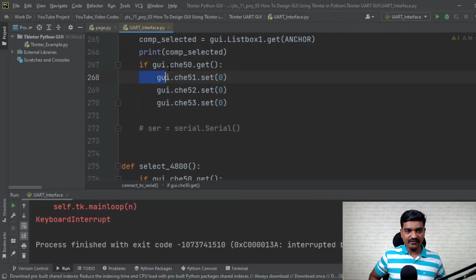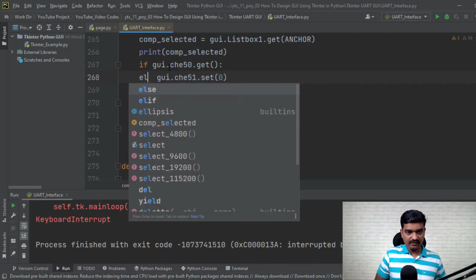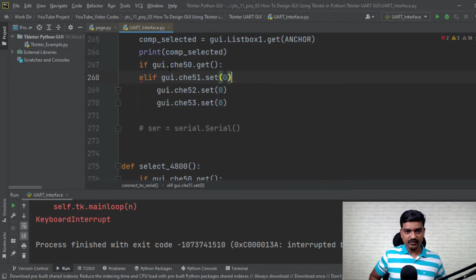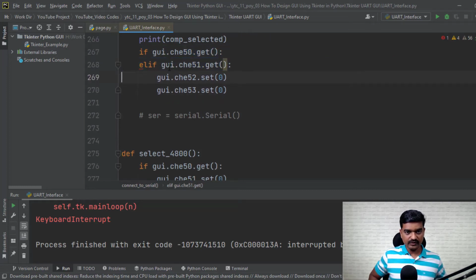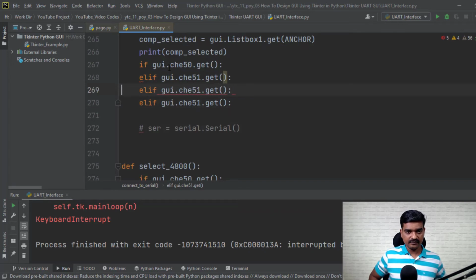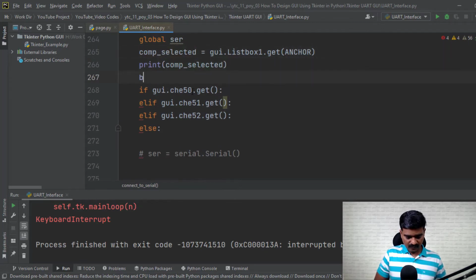So every time we need to check if, else if this is selected. Okay, and we need to get like this, and so this is going to be 2 and 3. Let's make this as else. So this is going to be 2, and we want to have baud rate